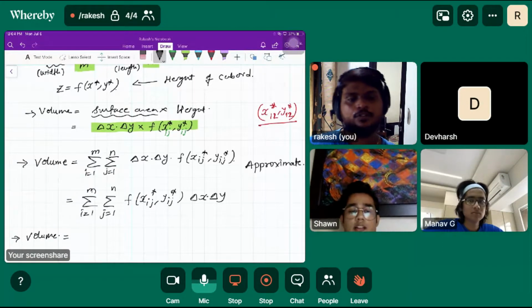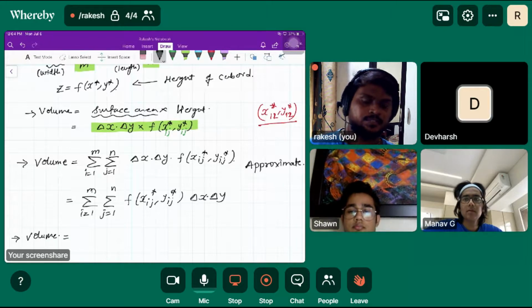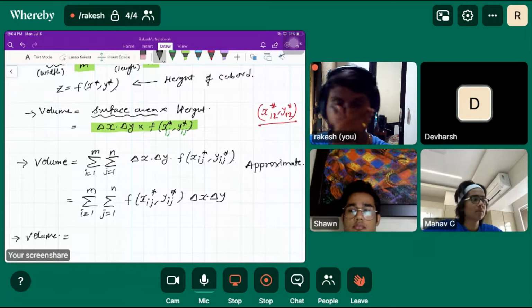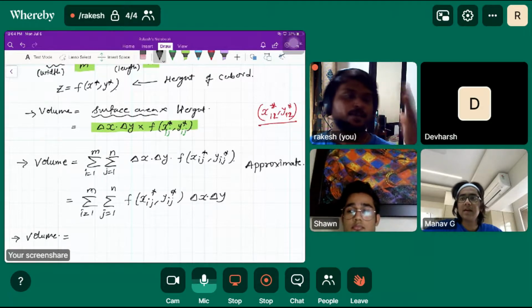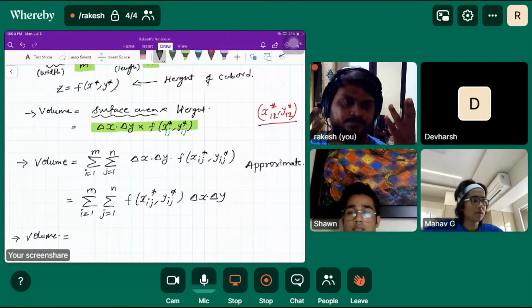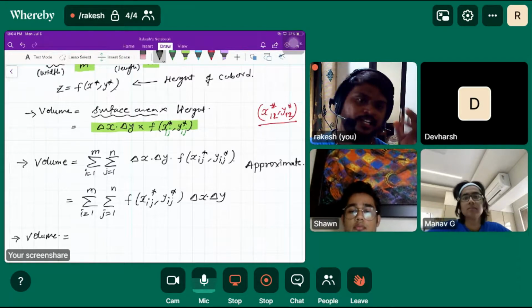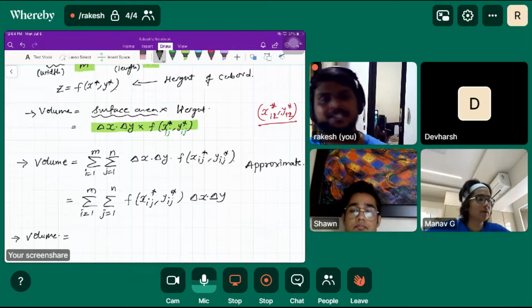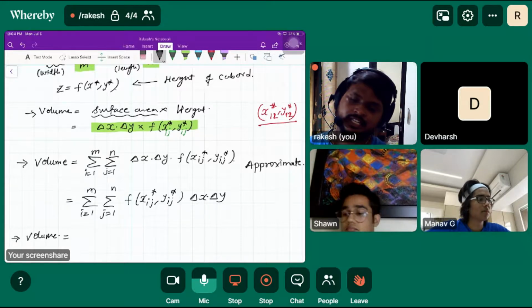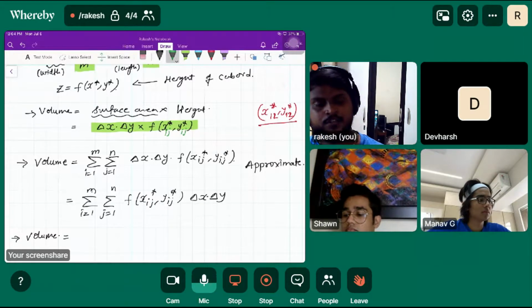How do we get the exact volume? Take the limit as x, y approaches 0, 0, right? By increasing the number of partitions in our two variables, we will get the exact volume. Increasing means going to infinity, right? Yes, m and n both tend to infinity, then only we'll get the exact volume. So how do we write that? To write that, this is the limiting condition, because we can only think of approaching infinity.